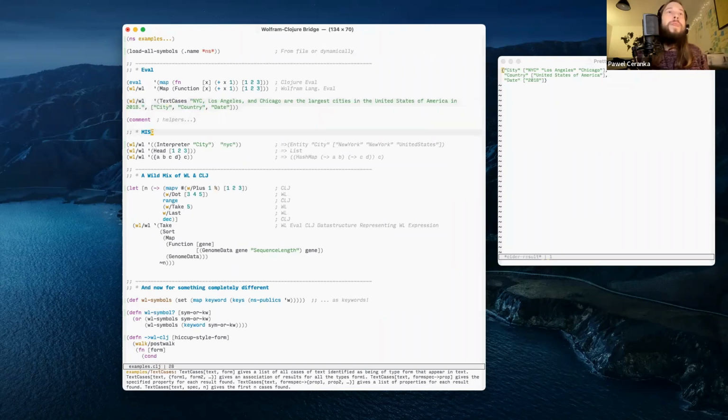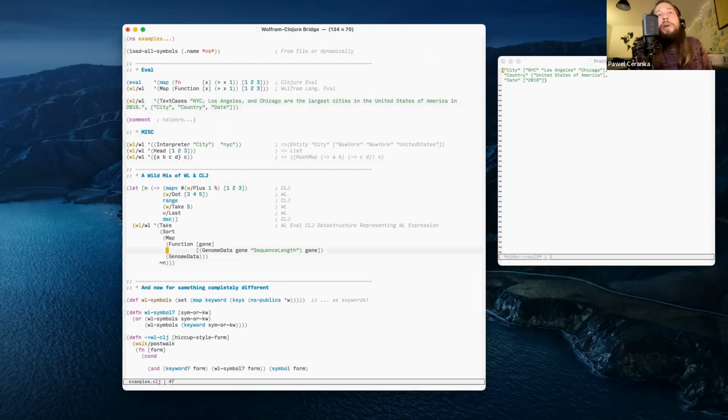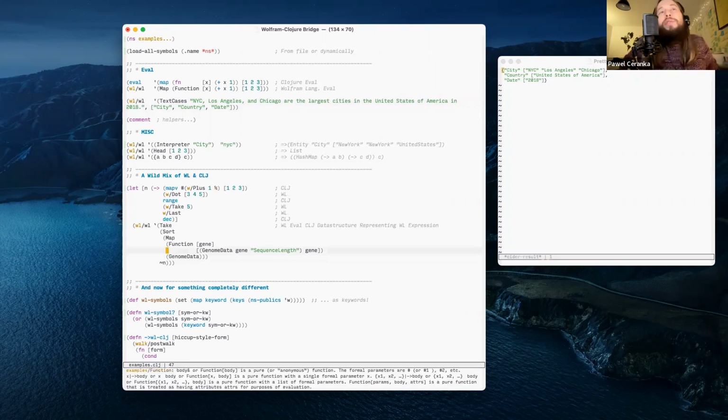And I have some genome data. In any branch of science, they have a whole library of things that's built in and operates in the same way. And that is very similar to what we have in Clojure already, in terms of how to interact with it.